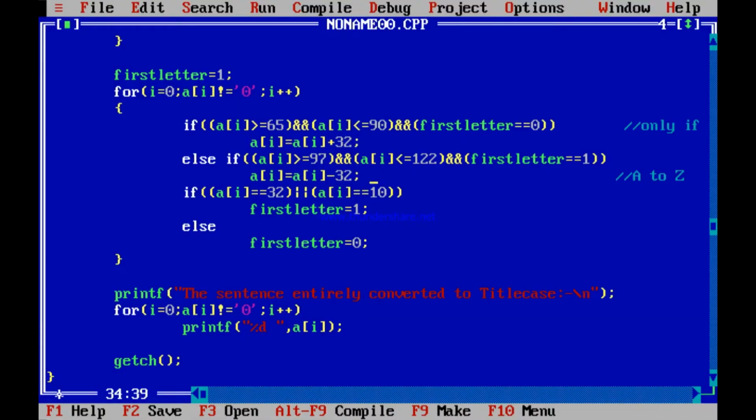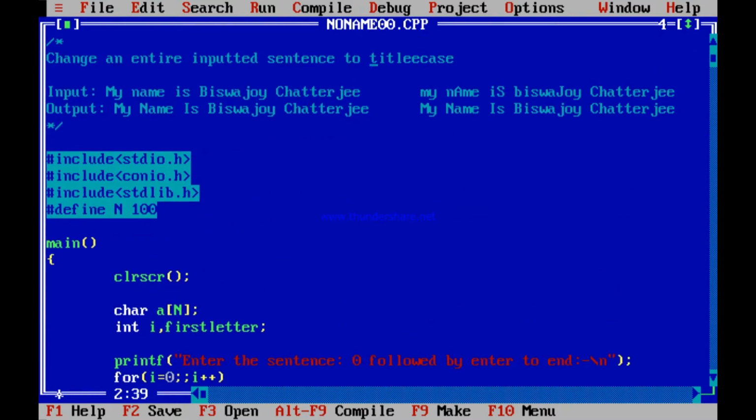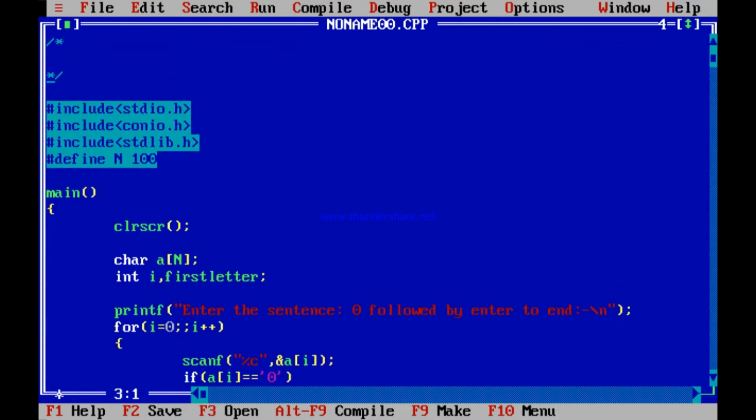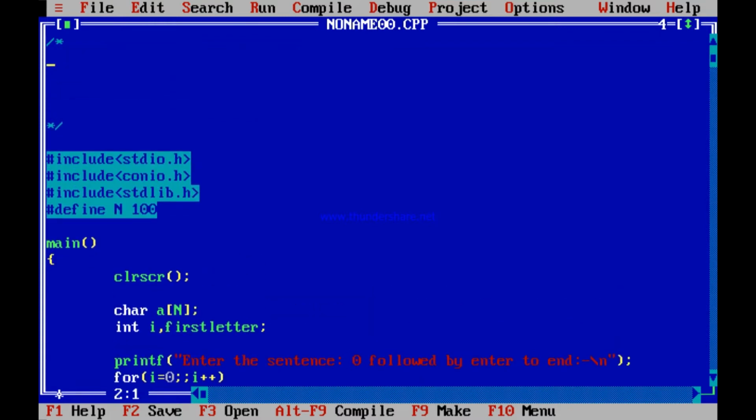Anyway, now the new program that we will be writing is a very simple program. Now I will do it with two character arrays. What is the program that we will be writing right now? Let me delete this part. So what is the program we will be writing right now? Copying one sentence to another. So it is something like this, copying one string or character array to another.